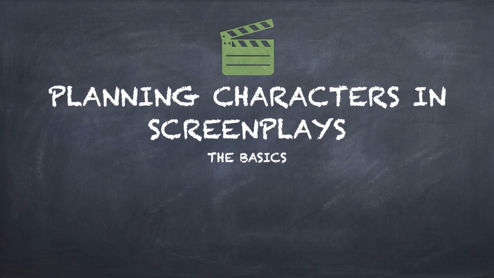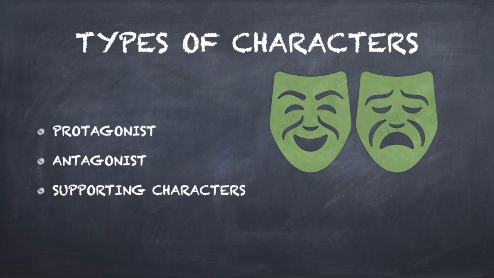Well, first of all, we should know about the types of characters before planning them out. The basic types of characters are protagonist, antagonist, and supporting characters. Now, what are the roles that each type plays or contributes to the main plot? So, we are going to have a look at planning out the respective roles of the protagonist, antagonist, and